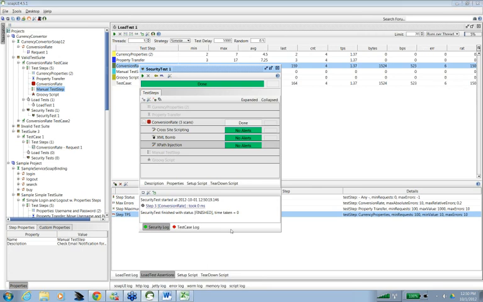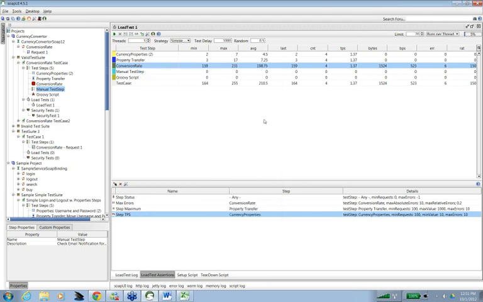So you have seen here, using SoapUI, we can do the functional testing of the web service. It is also called API testing, and you can do load testing, a basic load testing. You can simulate a number of users and send those kinds of requests to your web service provider.